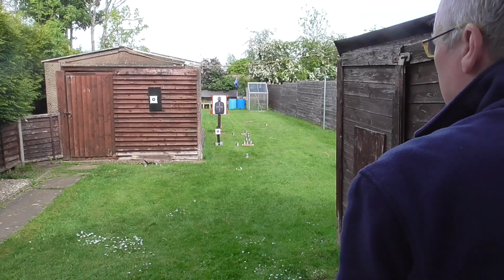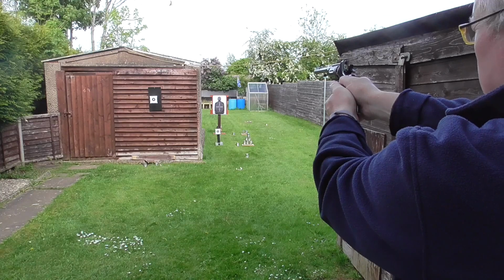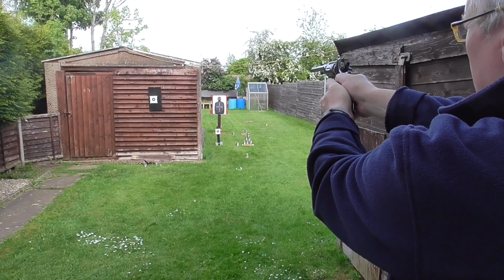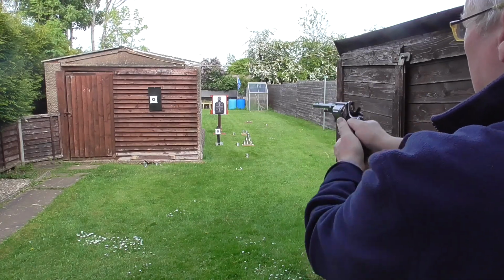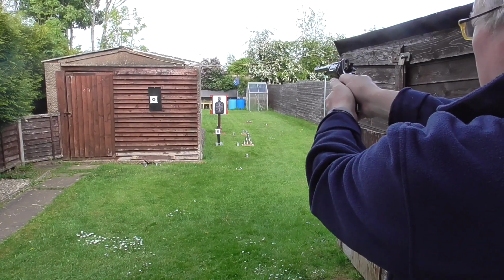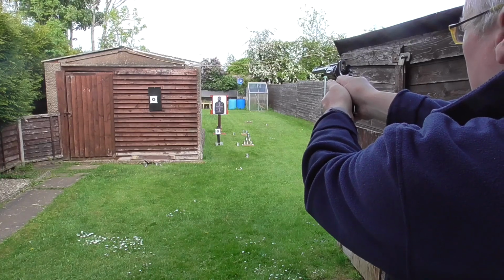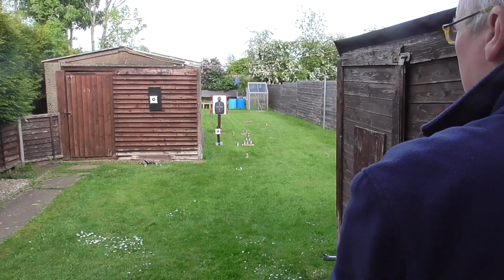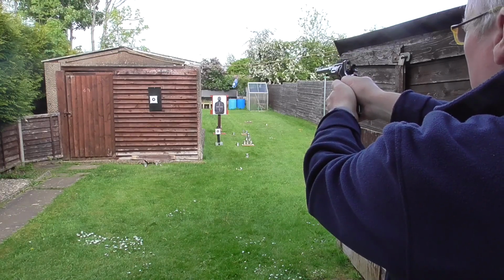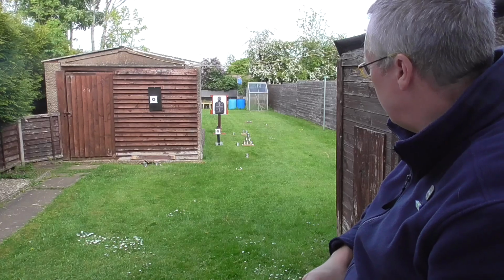Yeah, I think the first shot went wide, but the second one seems to have gone near the centre of the ball. So let's try that again. The trigger's quite nice on this. It's heavy, but it breaks very cleanly. That's 4. 5. 6. 7. Okay, so that was a bit low and to the left, but the others seem to be in the